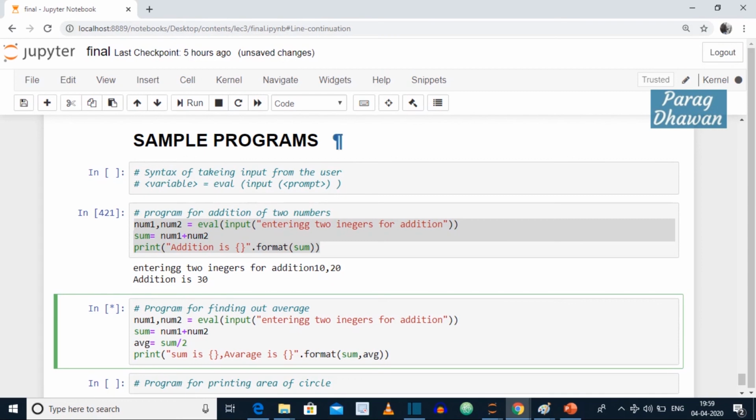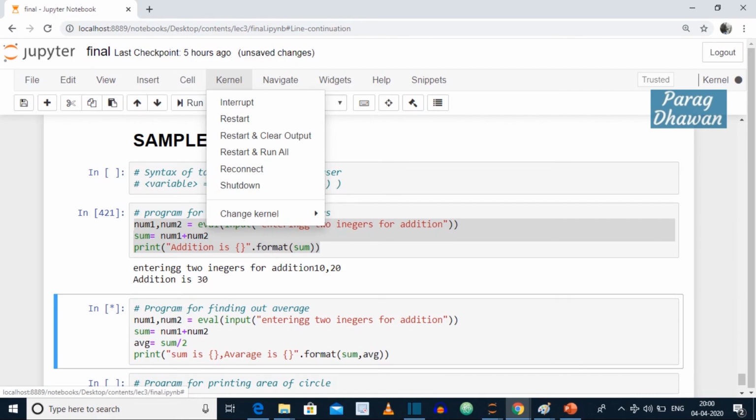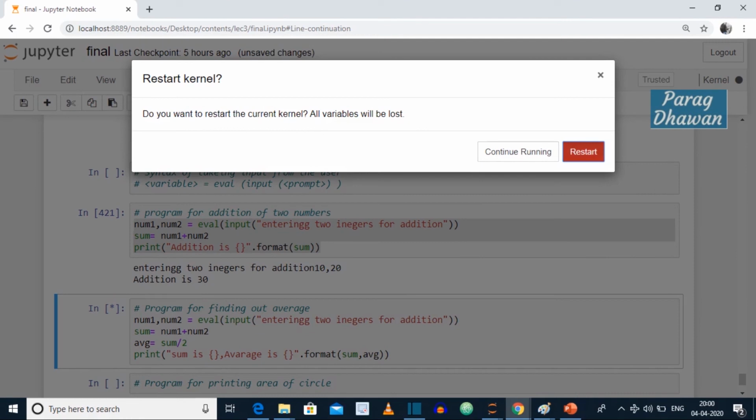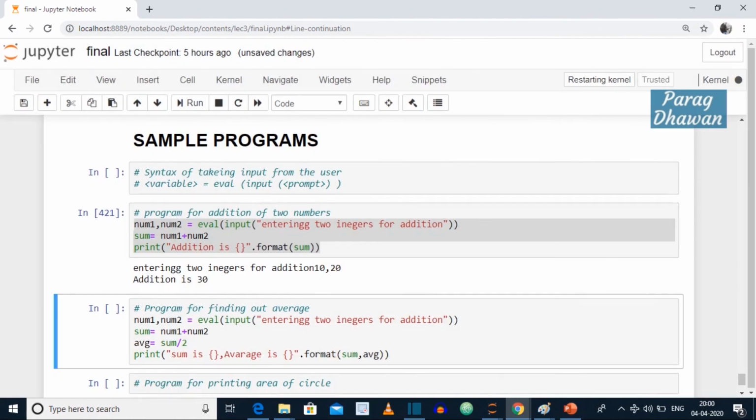So in this case, what you should do is stop your kernel, go to kernel and go to restart kernel. The kernel will restart, prompt a message that the kernel has restarted, and then execute the cell again. The kernel is ready.